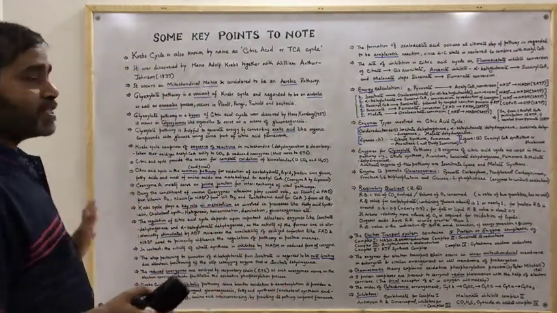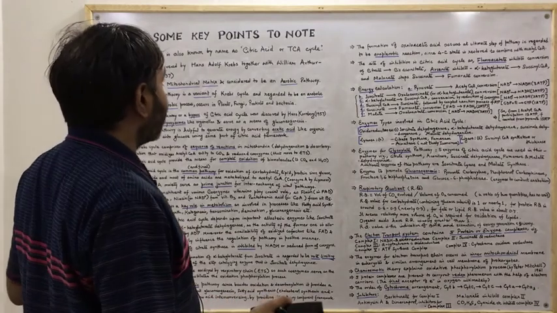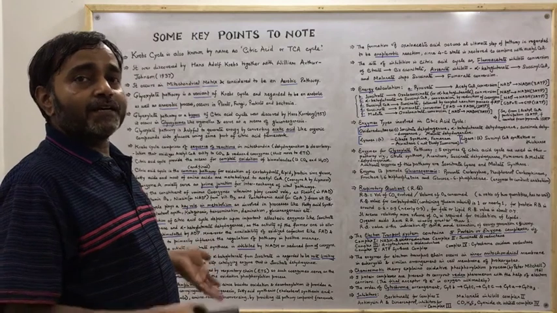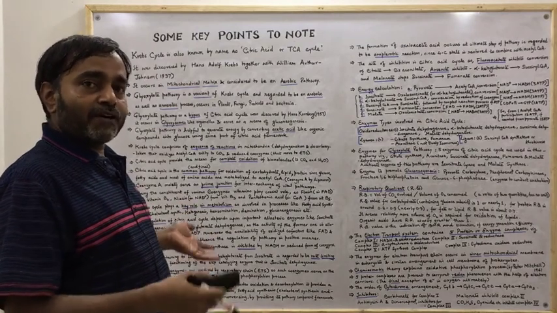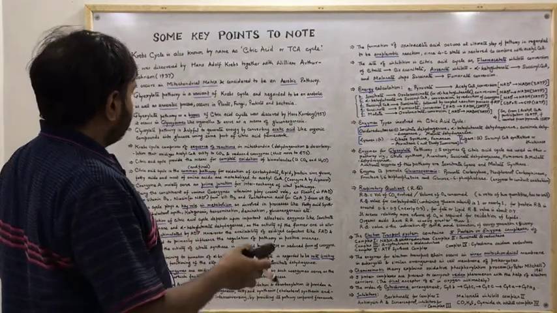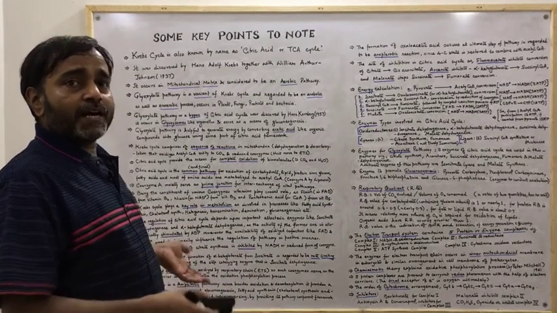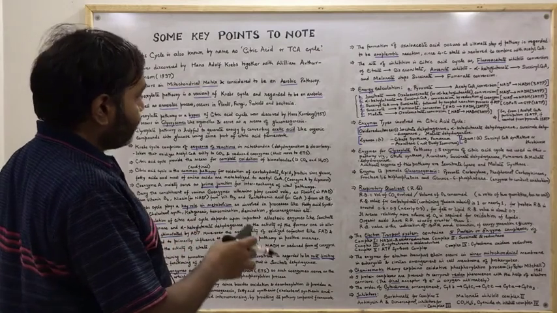So these are the facts related to the Krebs cycle that I have summarized here and written clearly and systematically, so that you may remember and understand the facts. And this is written in that manner. Kindly copy it down and try to remember each of the facts, because these are very important.